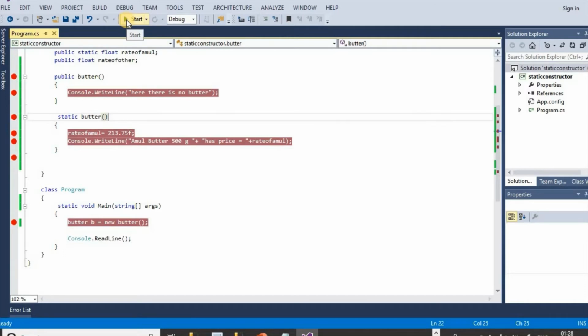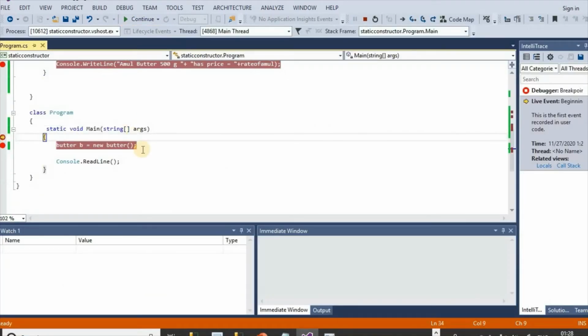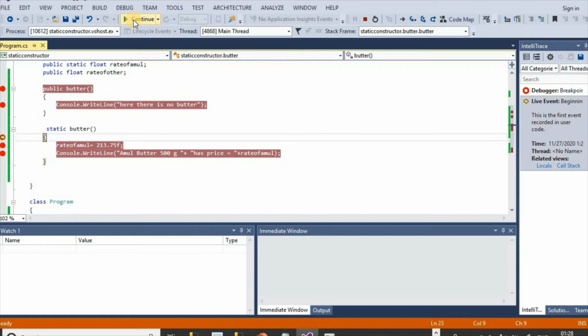If we change the sequence and execute the program, here at the first instance, the static constructor is invoked first, even though this public constructor is above the static constructor.